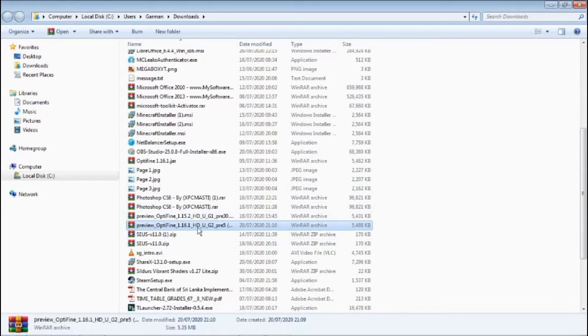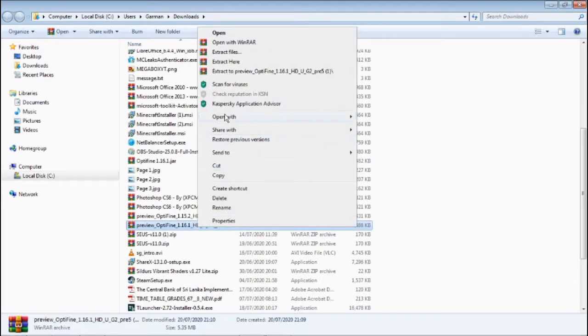So how do you open this? You don't unzip it. Do not unzip this. You just have to right click this and open with Java. But to open this, you have to download Java from the Java website to your computer.